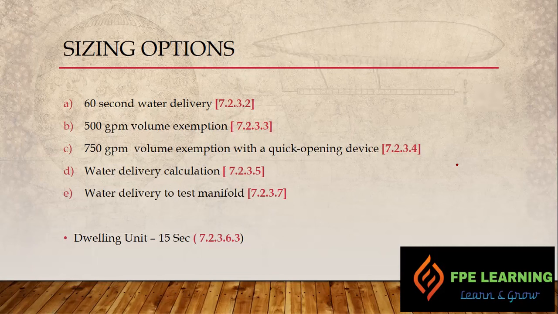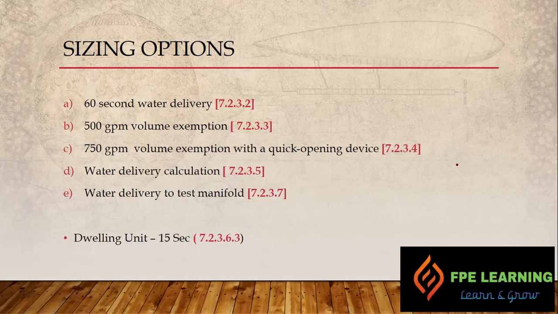The next option we have is 750 GPM. Now if your capacity is between 500 and 750 GPM, we need a quick opening device like the mechanical accelerator we discussed in the beginning, so that it will accelerate the opening time, accelerate the air pressure from the bottom of the clapper, and it will open fast. So if your size is 750 GPM or like that, you will have to use a quick opening device. Then option D we have